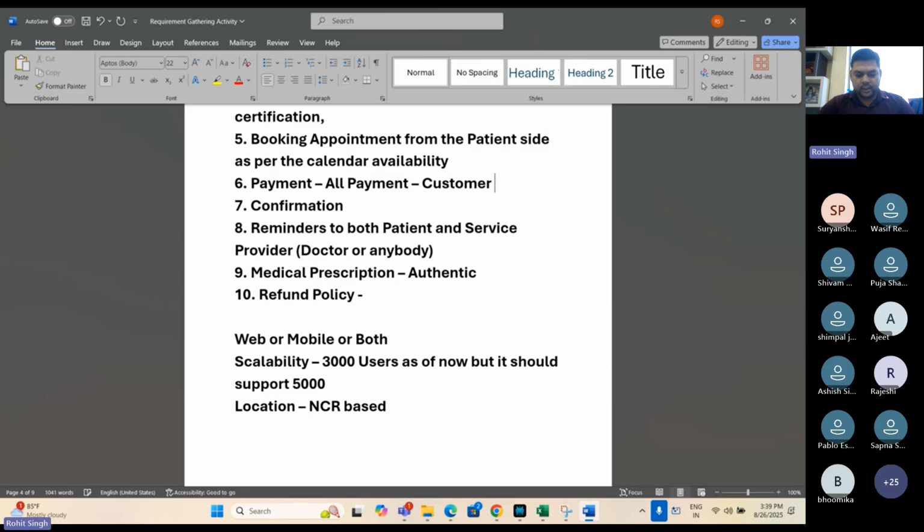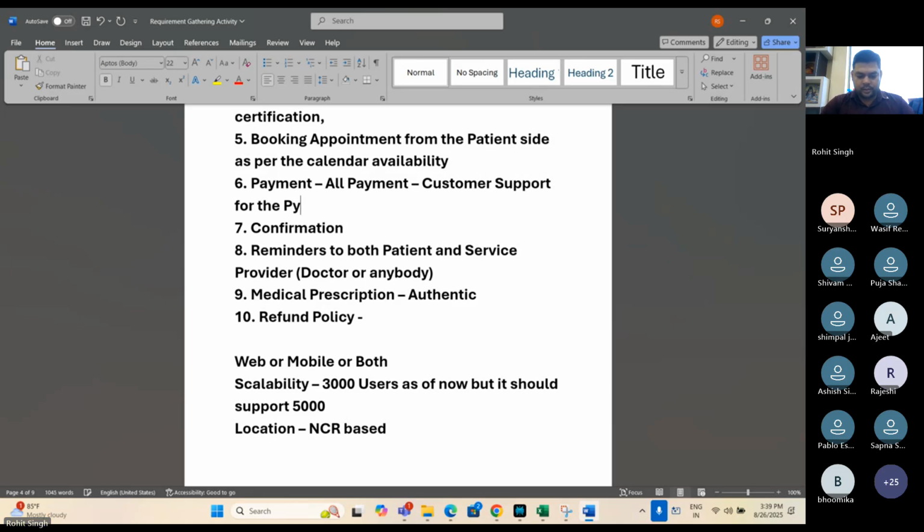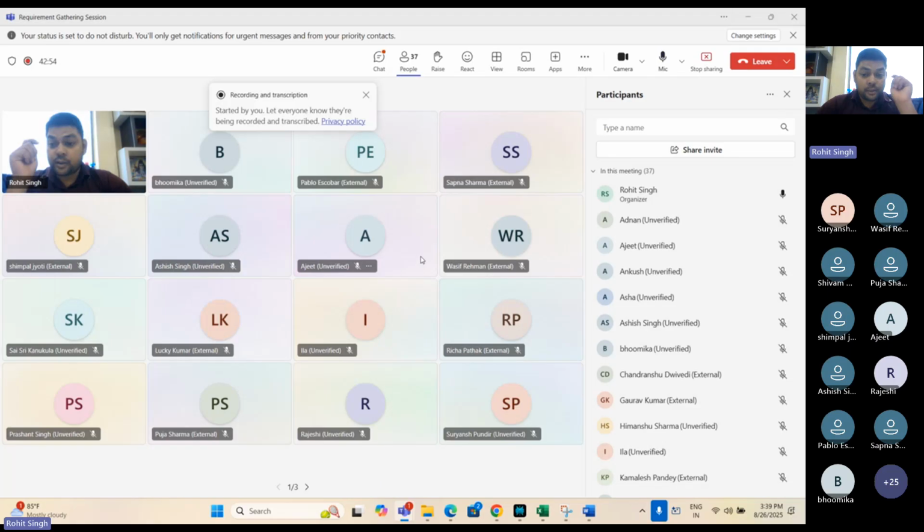Okay, we can include customer support for payment and other issues. So in a way, this is how we are going to do the initial, or I would say pre-sales, requirement gathering. Let's say with all this information, the client says, okay Rohit, let's carry on with